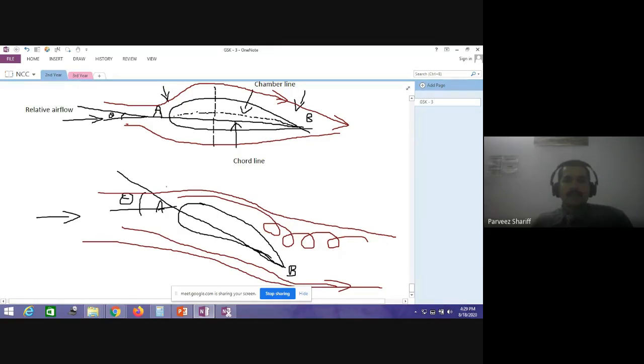There is one more point. Here we talked about AOA, angle of attack. There is something called the stalling angle. For every aircraft, a certain stalling angle is defined, beyond which the aircraft will enter into a stalling condition. For fighter aircraft, the stalling angle is much more than for a civilian aircraft or a normal ordinary aircraft. Hope you all have understood what is meant by stalling and what is angle of attack. Is this clear?